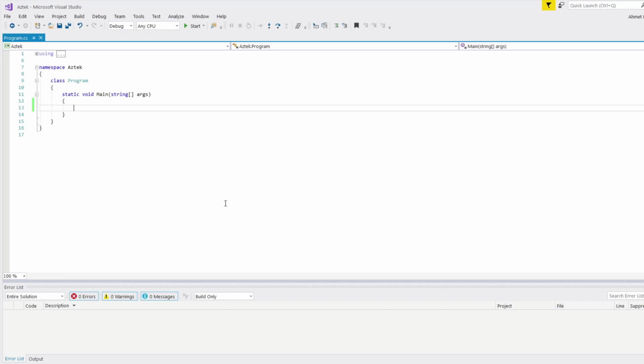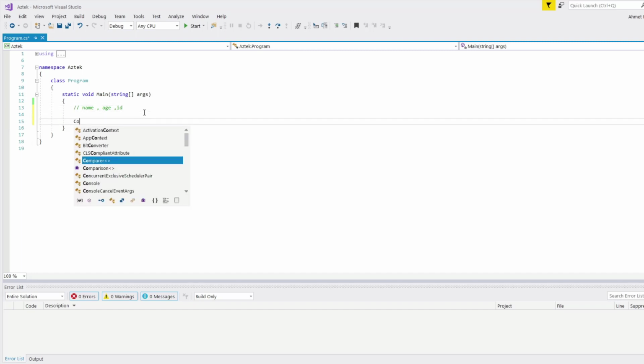So, let's begin. I'm just gonna create two classes, one for student and one for teacher. And I'm gonna ask for their name, age, and ID. And for the teacher part, I'm gonna ask for them to grade the student. So basically, I'm gonna ask for the grade. But this is only for the teacher class. So let me just write here, ask for their